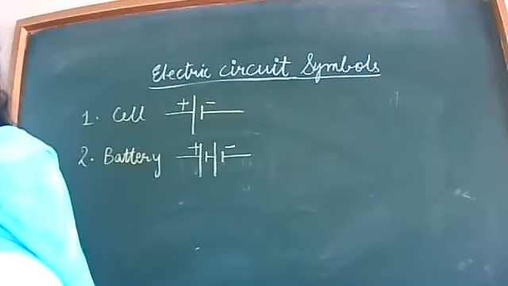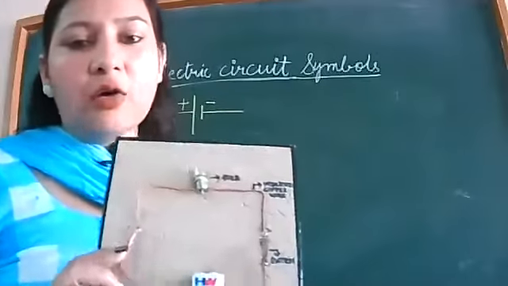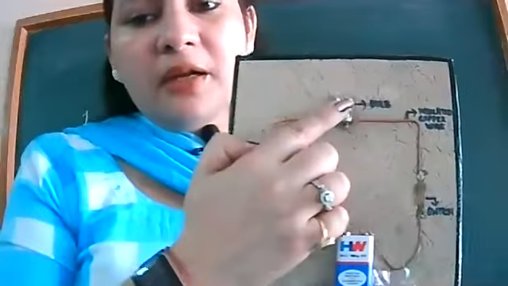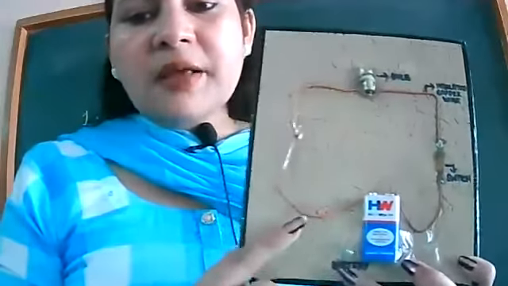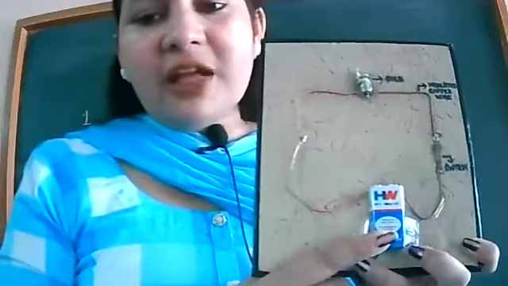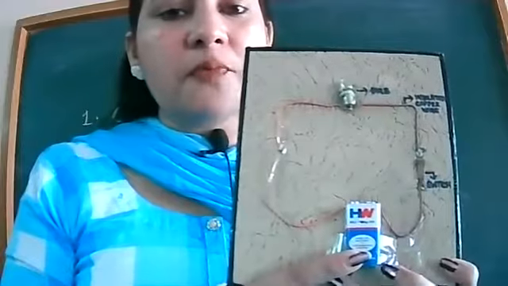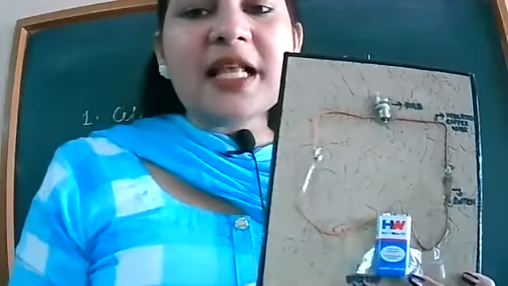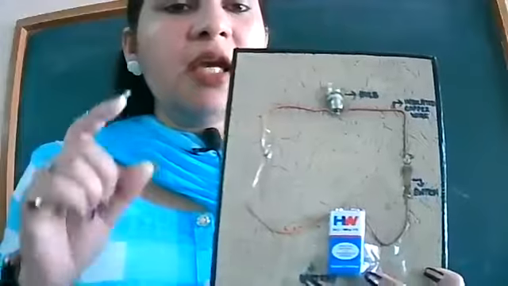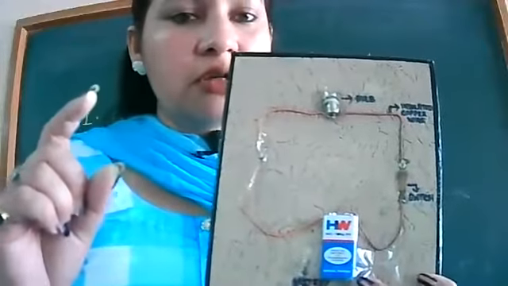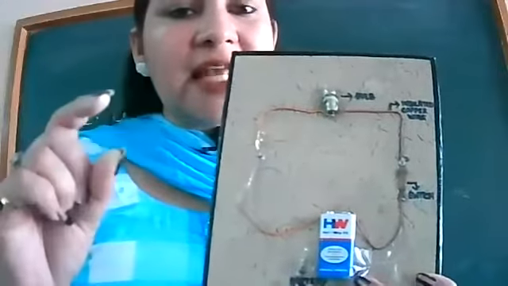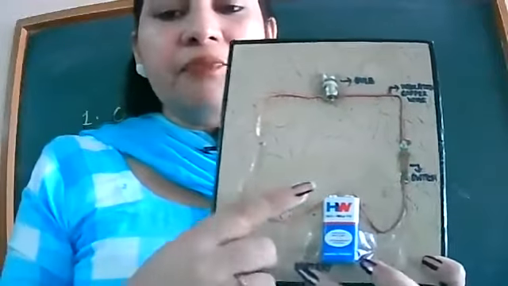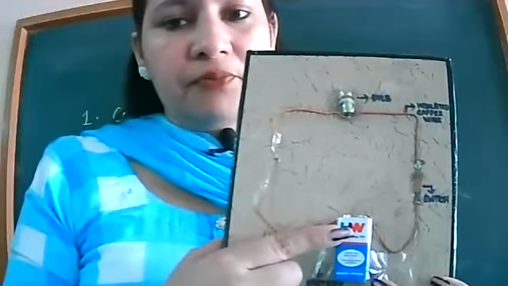So I show you a simple electric circuit now. This is a simple electric circuit. Okay, this is a bulb here. This is the battery that is usually available in the market that we use to prepare some circuits. This is of 9 volt. But the cells that you are using at home, each cell is 1.5 volt. So when you use 2 cells in series, you get 1.5 plus 1.5, 3 volt.